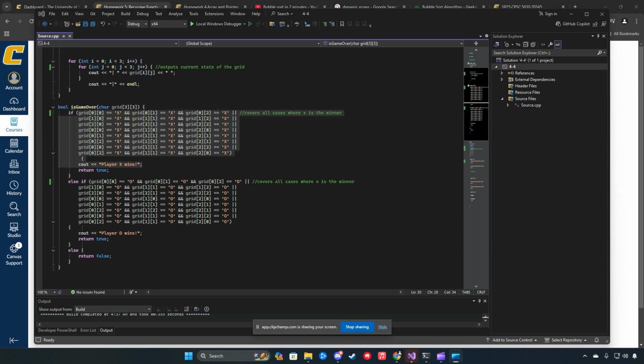So for the second method, which is bool is game over, this method returns a bool value that determines whether or not there's a winner. And its argument is the char grid array. So this first if statement goes through every single case where x is a winner, and x is a winner when there is an x value in a straight line anywhere on the board. So if there's a horizontal line where there's an x, a vertical line where there's an x, and also where there is a